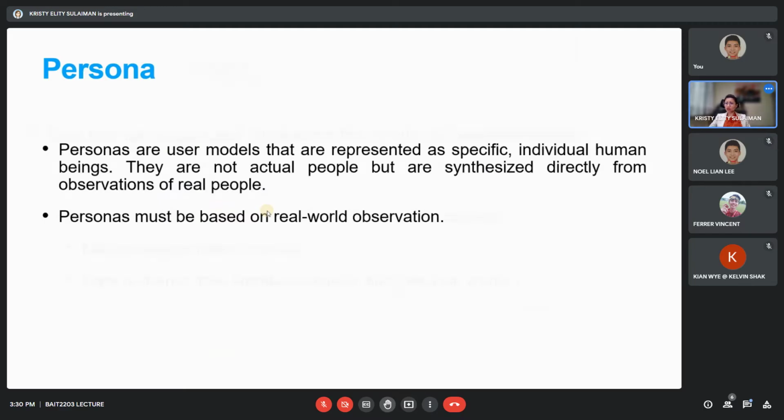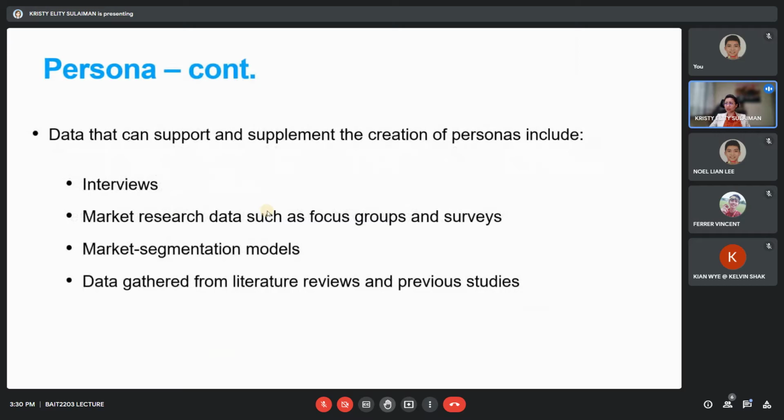To supplement the creation of a persona, it can be through interviews, market research, market segmentation models, or data gathered from literature reviews and previous studies. But this is definitely if you're doing real research. For this course, you're not doing real research,